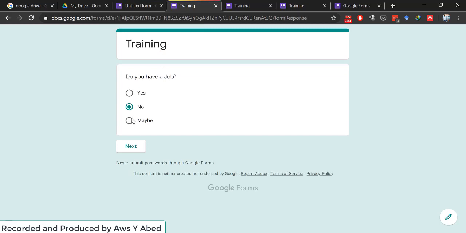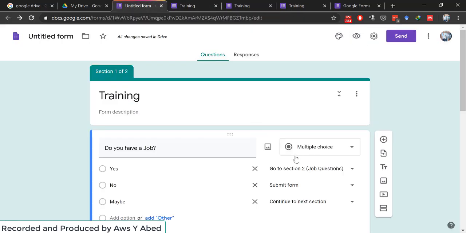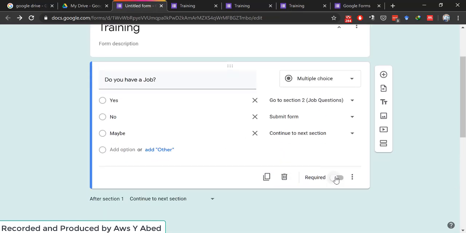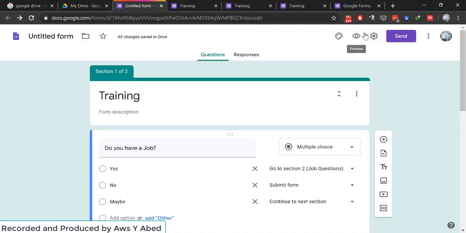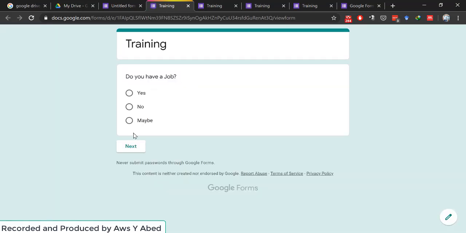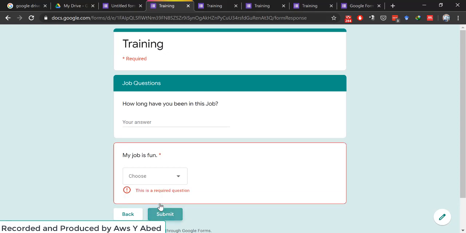So this is the meaning of conditional questions. And furthermore, let me show you the differences between required and not. Here, this question is not required and this question is required. So if we review it, we will see that this question I can skip, but here I cannot skip this question. So this is the difference between required and not. And this is the second part of our